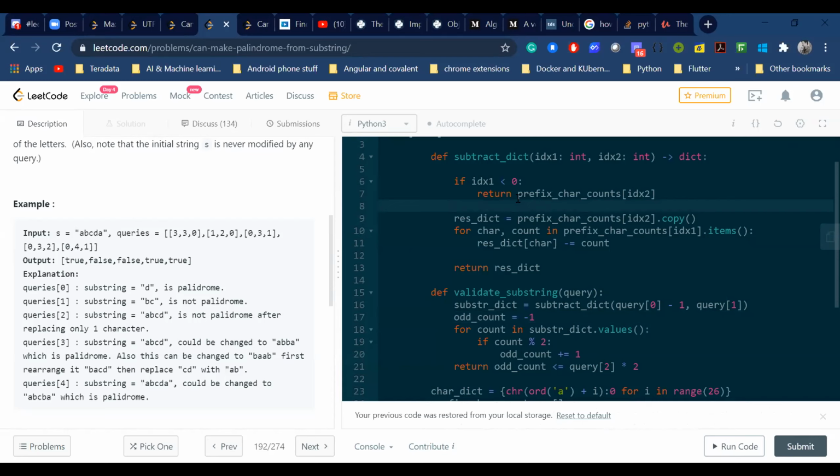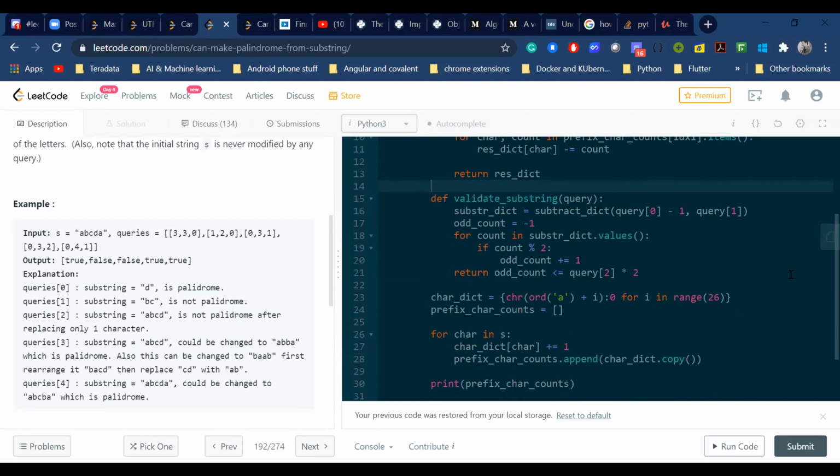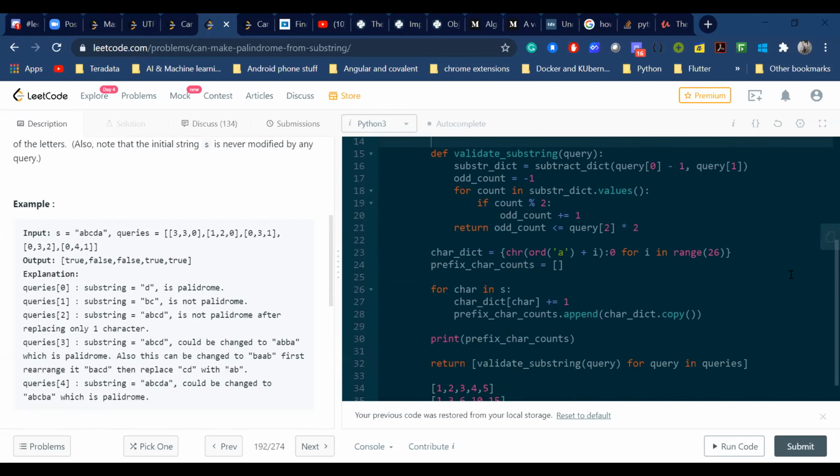But are you not still traversing the whole array here? No, I'm not. I have the map of index 2 and I have the map of index 0, so I'm just subtracting the index 0 map from the index 2 map. So I get the count of 1 to 2. Okay, got it. You still have to do some computation, but it's not that exhaustive.